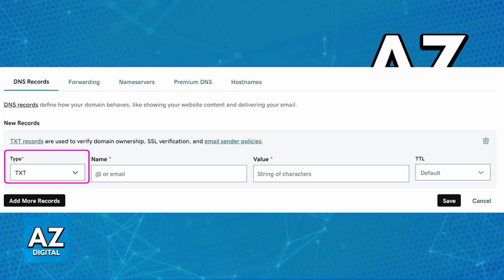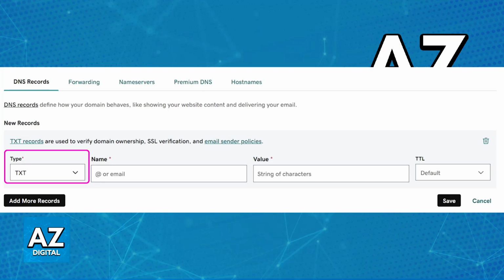So all that you have to do now is include all of the other details. For this video, I'm not going to go over super in-depth instructions on what all of these mean. I recommend that you do your own research. For this video, I simply wanted to showcase how you can find the option to add a new TXT record.